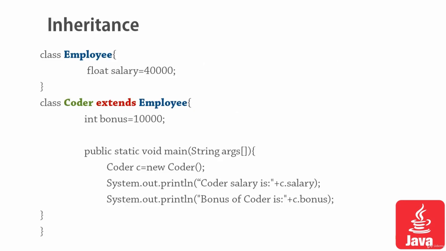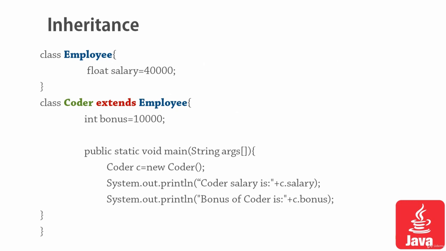So here is an example of inheritance, how it has been done. We have a base class called employee having certain features, and we have a derived or child class called coder. The format of writing this inheritance is that we need to use the keyword extends. So we need to first write the name of the child class. Here coder is a child class which extends from employee class. Employee is the base class. So this is the format of writing this thing. And rest everything goes fine.